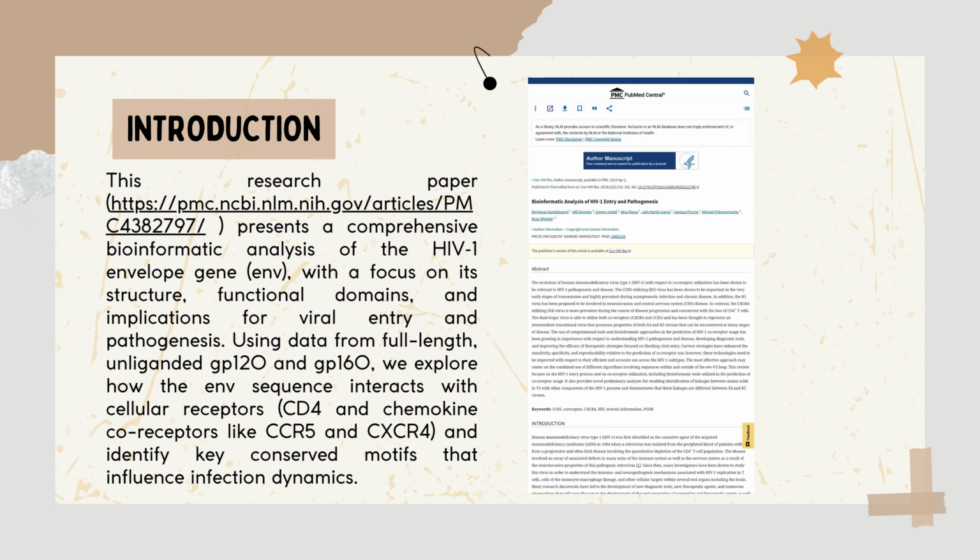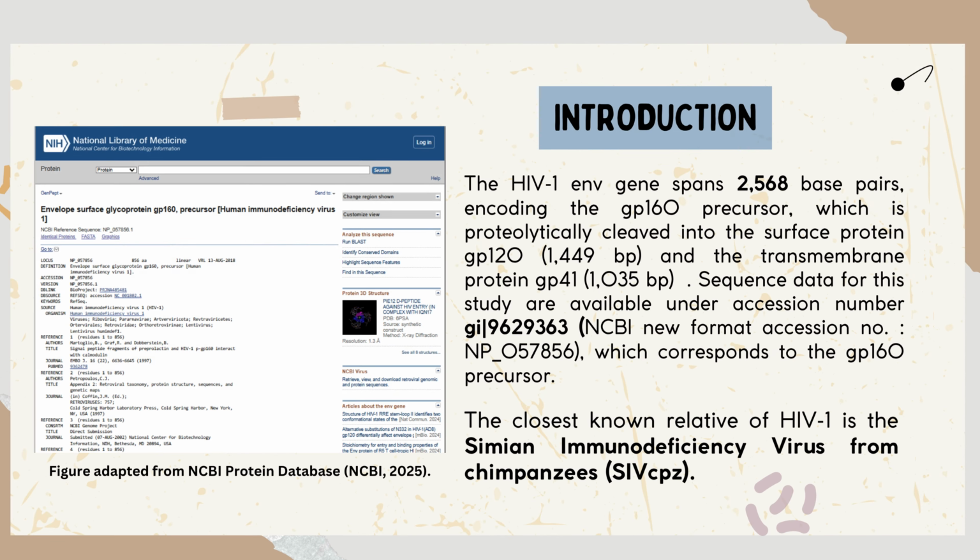For the introduction part, this research paper from NCBI presents a comprehensive bioinformatics analysis of the HIV-1 envelope gene with a focus on its structure, functional domains, and implications for viral entry and pathogenesis using data from full-length, unligated GP120 and GP160. We explore how the ENV sequence interacts with cellular receptors and identify key conserved motifs that influence infection dynamics. The HIV-1 ENV gene spans